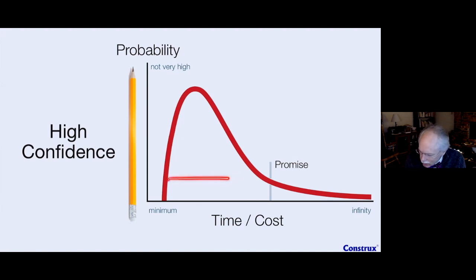Because what I'm looking at is that 80 or 90 percent on that curve. I want to have very high confidence, whatever this point is. I want to say there's almost no normal way that we can exceed this point. And let me repeat that: no normal or fairly normal way to exceed this point. Now, I'm not talking about abnormal ways, like a meteorite comes down and blows up our project. I'm not talking about that. What I'm talking about is all the ways that we can normally screw things up, including misunderstandings, delays, all the normal things that tend to happen. We still shouldn't exceed that point.